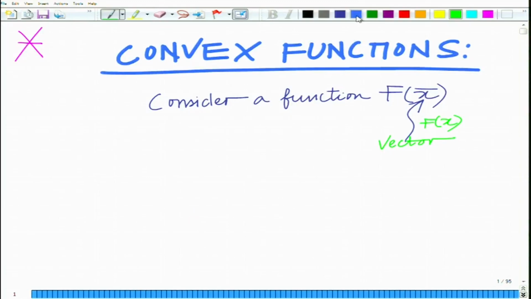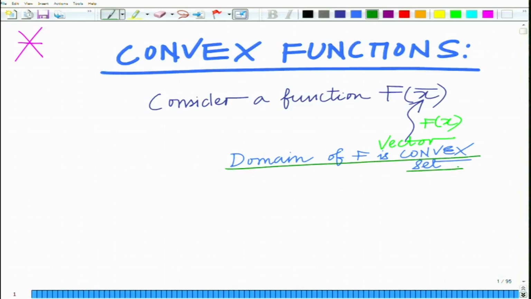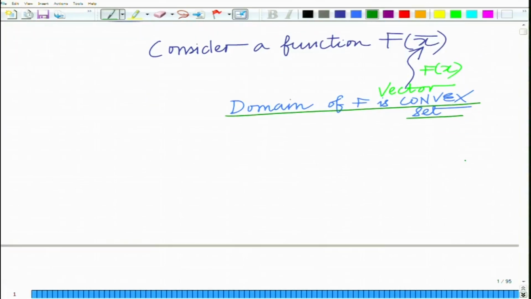Now, let also the domain of f, that is the set over which it is defined, be convex. We have already seen what is a convex set. So, the domain of f is a convex set, plus f is convex